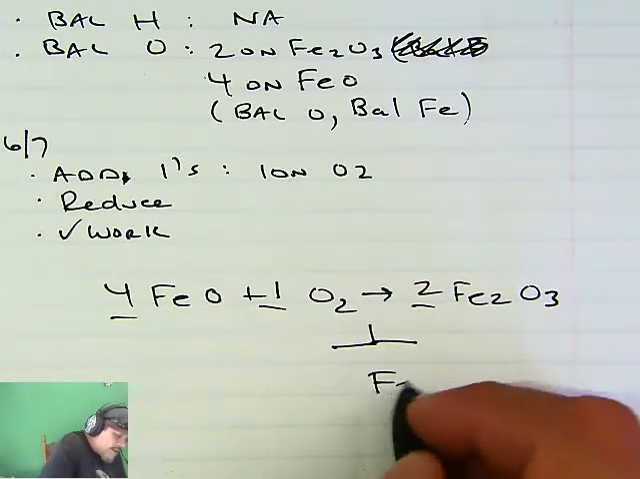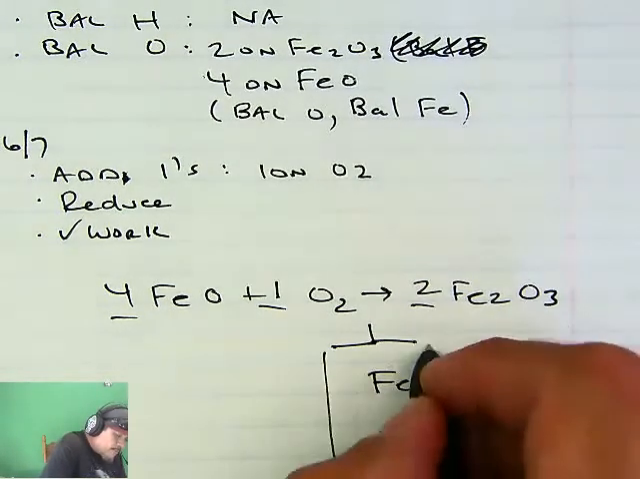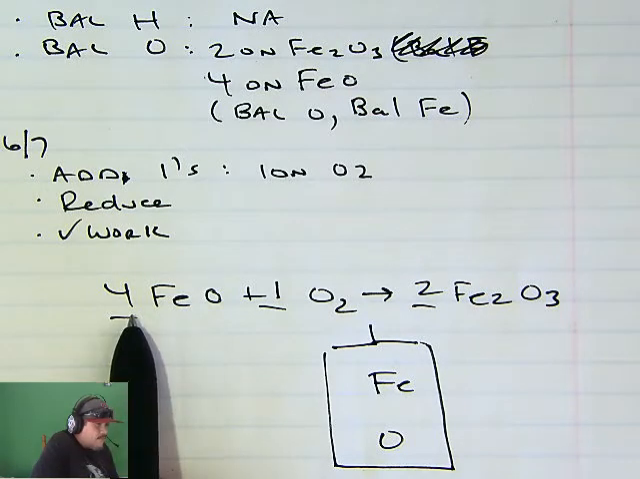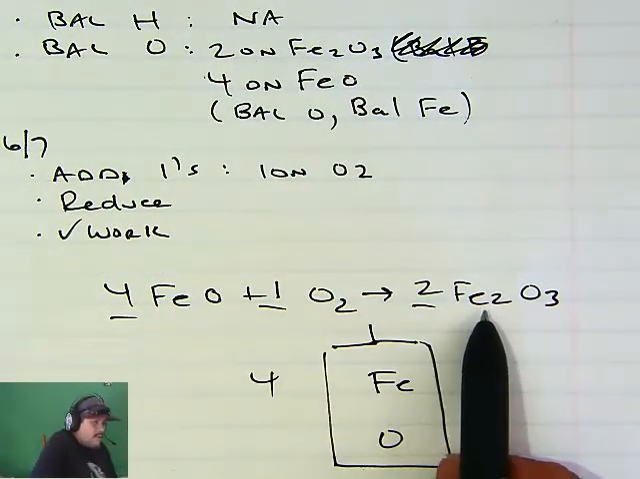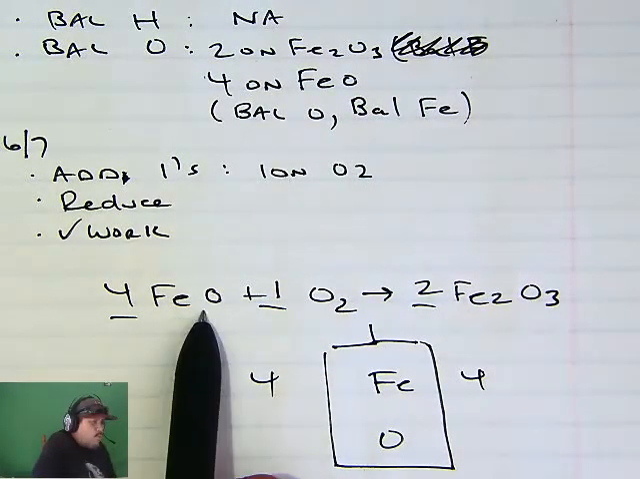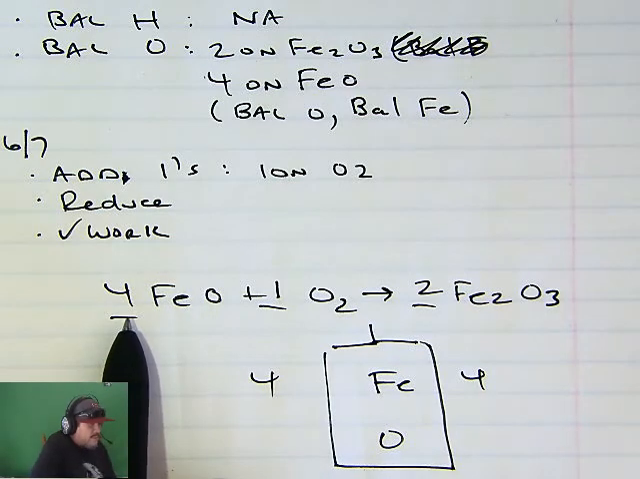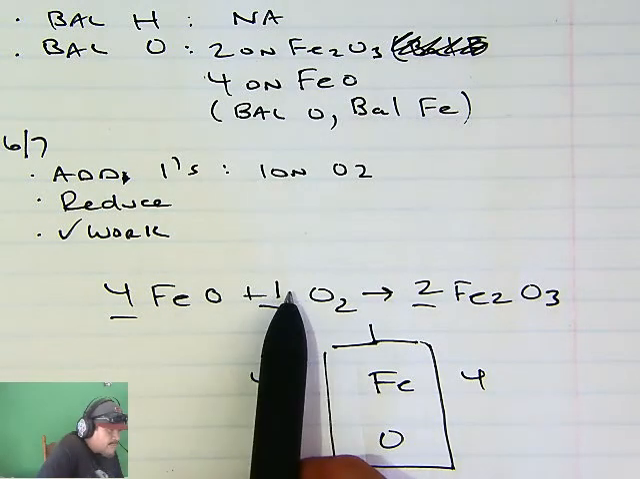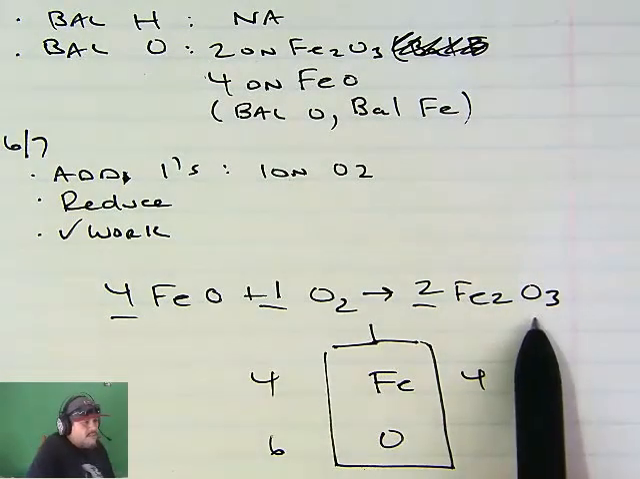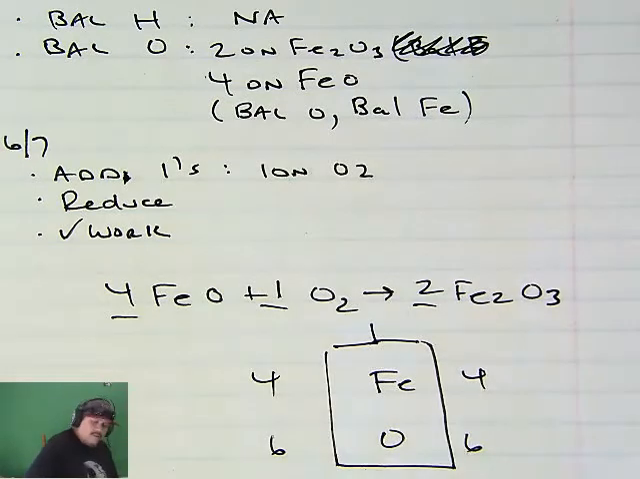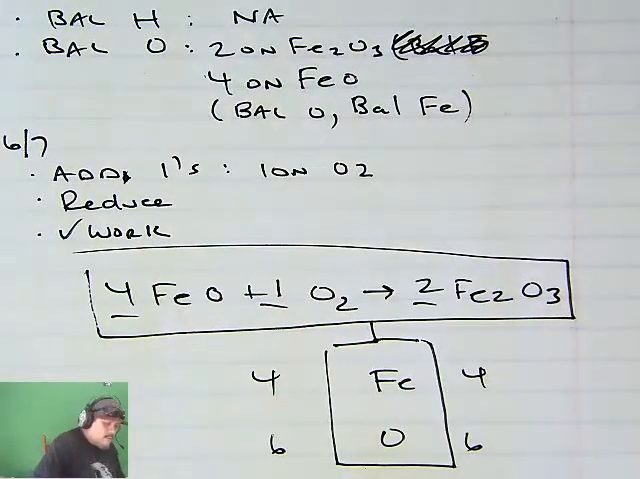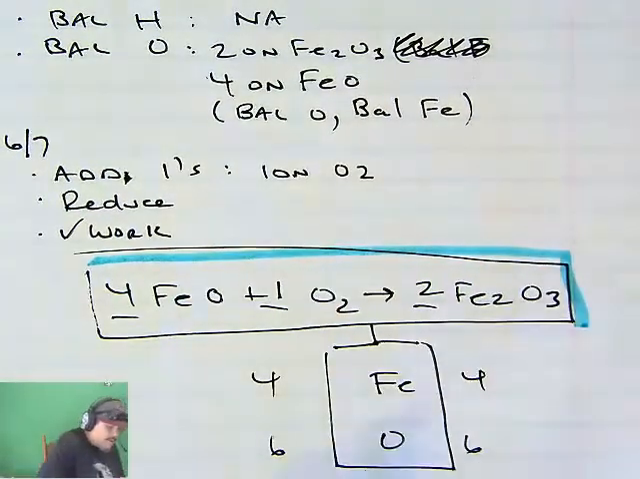I know I have iron and oxygen in this one. This 1 iron times the 4 in the front gives me 4. 2 irons here times the 2 in front gives me 4. The 1 oxygen here times this 4 gives me 4. The 2 oxygens here times that 1 gives me 2. So I add that together, that gives me 6. And on this side, the 3 oxygens times that 2 gives me 6. So that's perfectly balanced. And that's a great final answer there. Okay? So again,